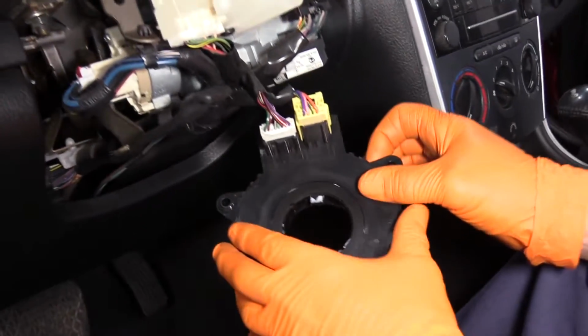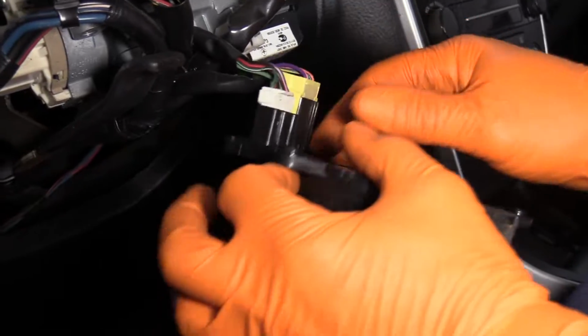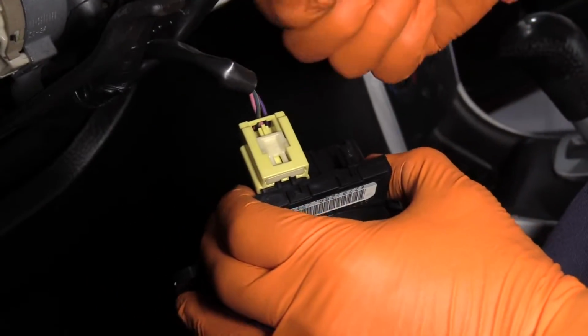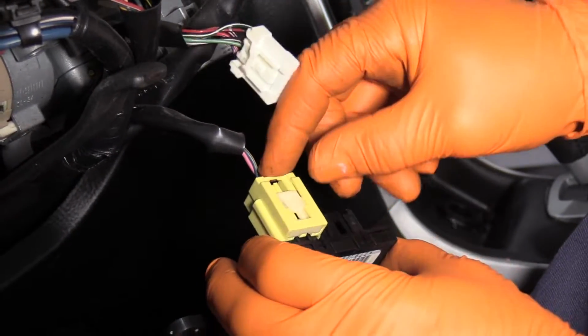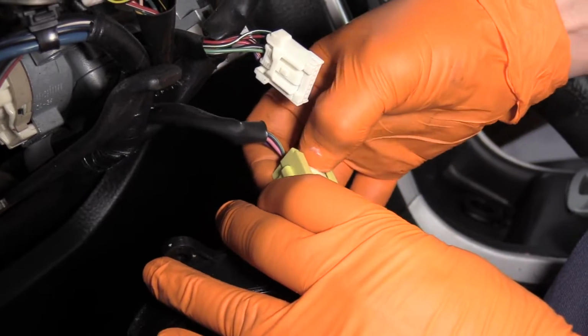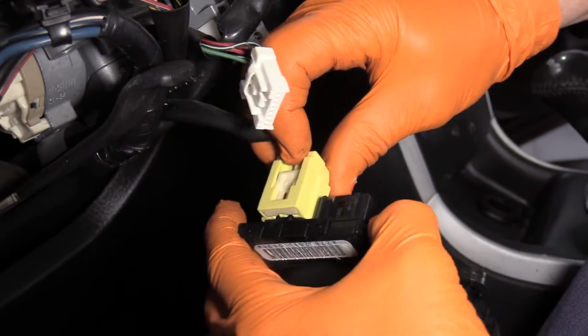Now we see the 2 mounting switches in the back. These again have a little safety clip. The white one looks pretty easy, just push down and pull. This looks like a tab that's at the same time push down and slide. So